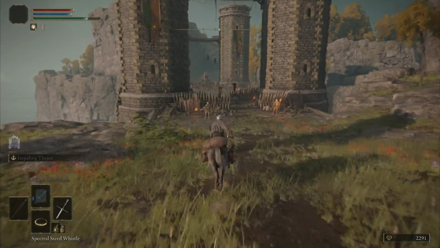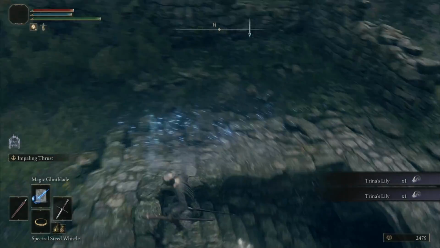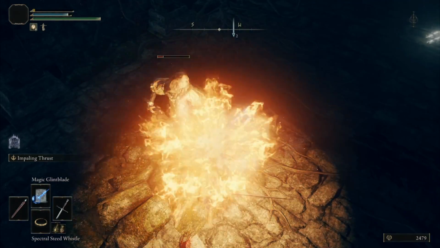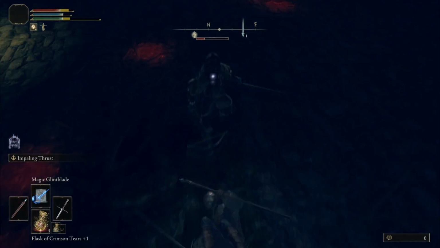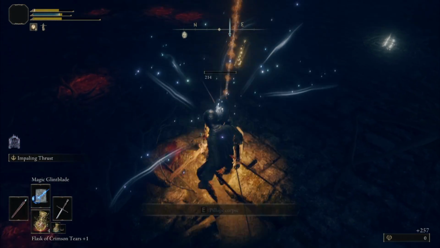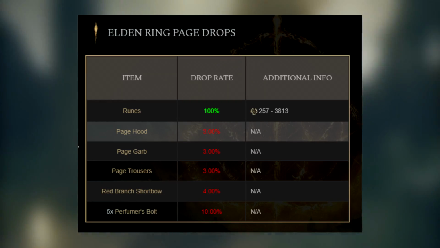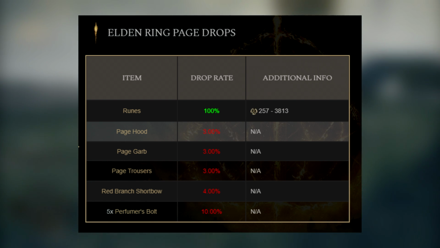There are some pages located in Weeping Peninsula inside a small dungeon. I don't know if this can be called a dungeon, it's more of a hideout. And very lucky that I am, I found a page garb on my first encounter. Two more pieces to complete my outfit. The hood, garb, and trousers have the lowest drop rate from that specific enemy,